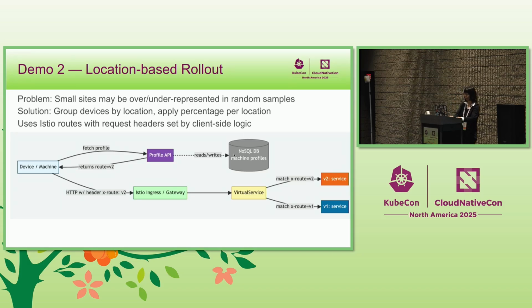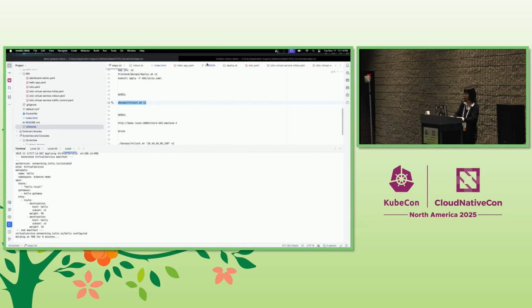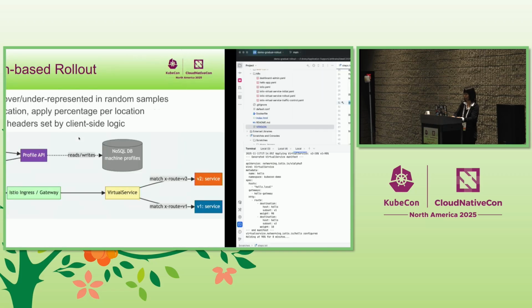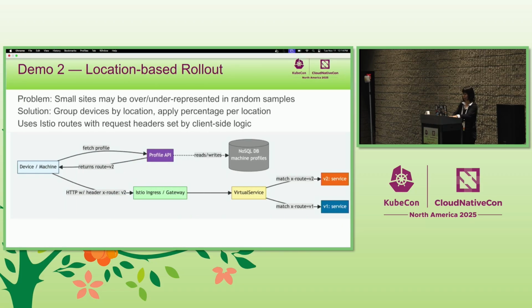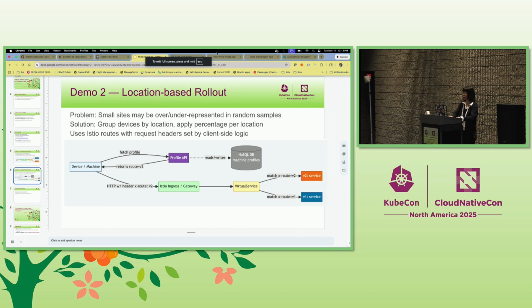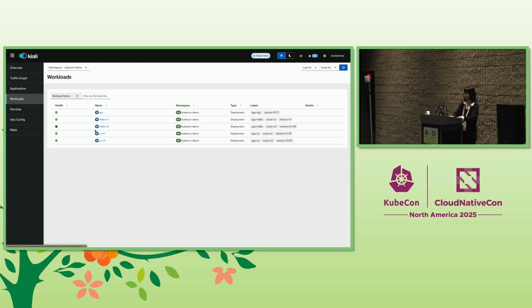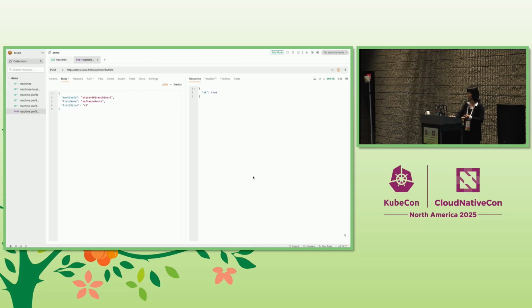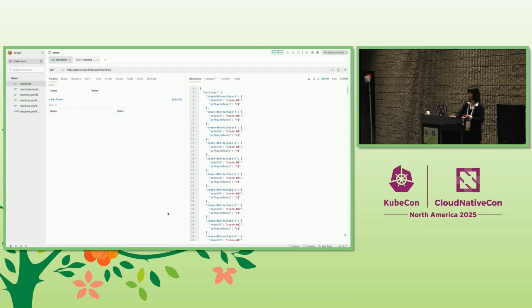Okay, now to the demo. I have this previously deployed, so let me just show it quickly. It has a backend API that can load those configurations or profiles, and then I also have a version 1. Again, version 1 I'm using a blue color, and version 2 is a green color. And I'm going to show you for the API, I can load